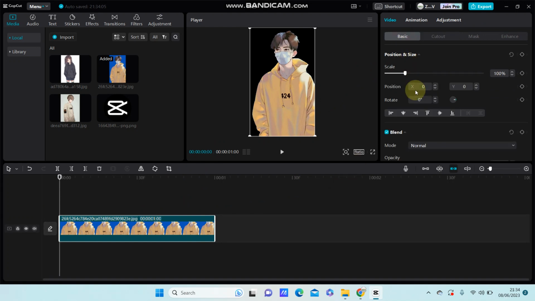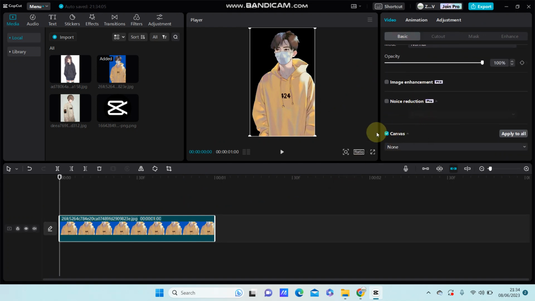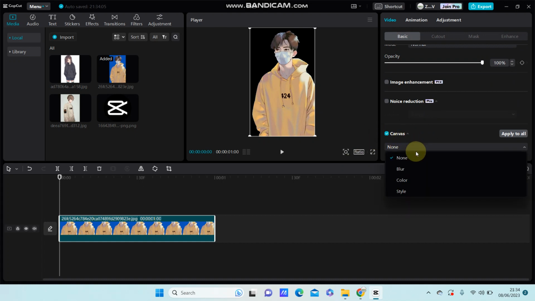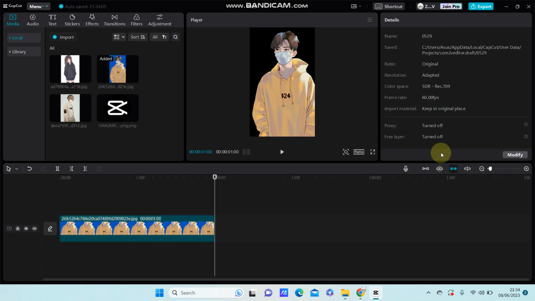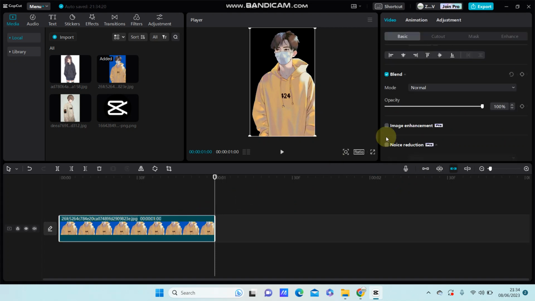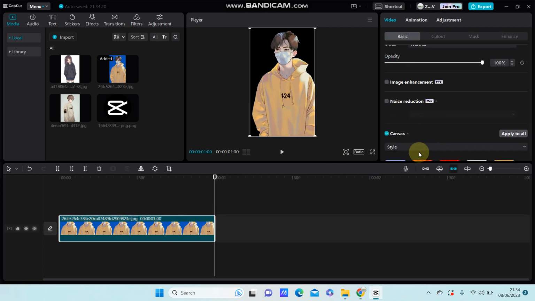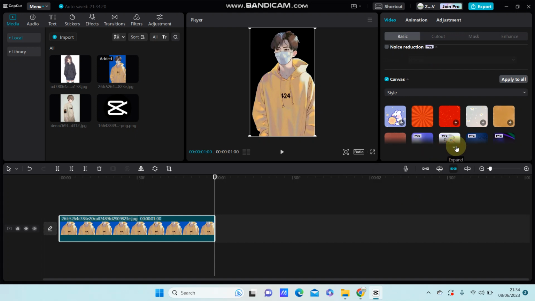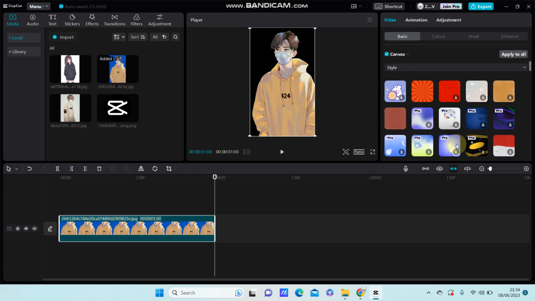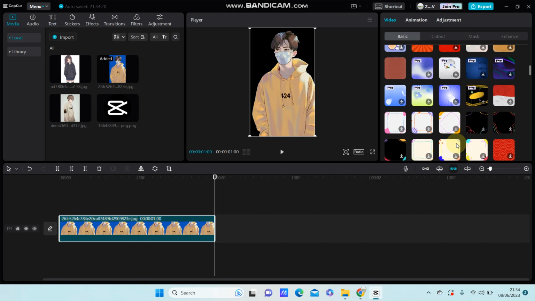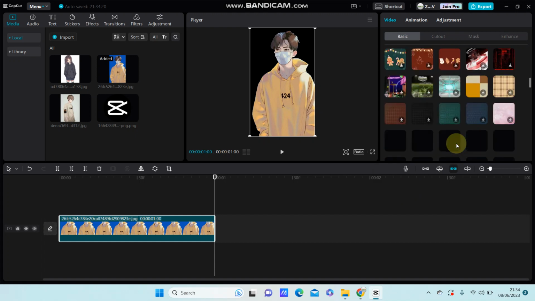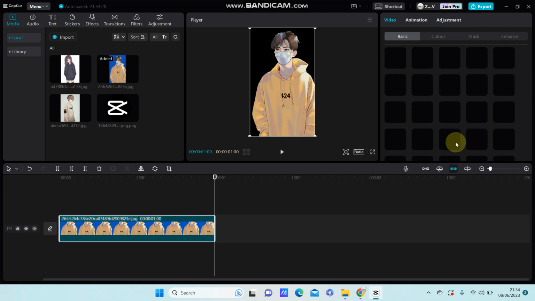Go to basic and select canvas. Select style. Select style. And select the starry background. Just scroll down and just looking for